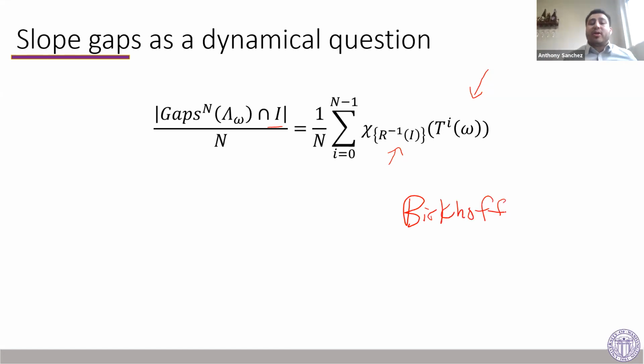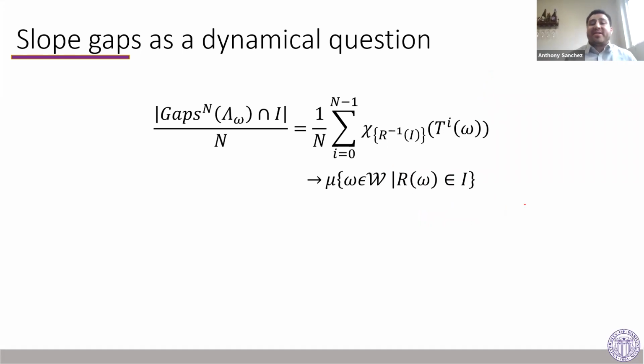So now I'm able to understand the slope gap distribution by using methods of ergodic theory, dynamical techniques of ergodic theory. And Birkhoff in particular tells me that I know a lot about this sum, assuming I have some ergodic measure that I'm pushing under the rug, but please ask me if you want. I know what this sum converges to as n tends to infinity. This is going to converge to just the integral of this function right here. The integral of an indicator function is its area, and then I just rewrote the inverse image explicitly. So now I've reduced the question of slope gaps